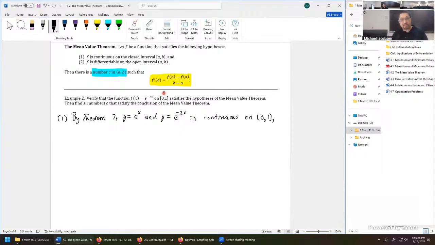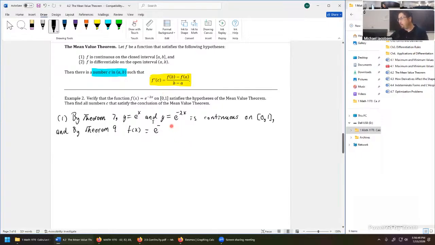So the component functions are continuous on that interval. And now we can say, by theorem 9, this is when we compose the functions. If we say f of x equals e to the power of,